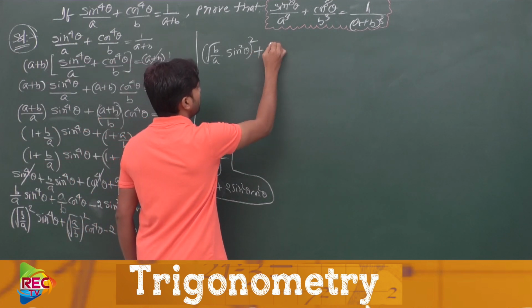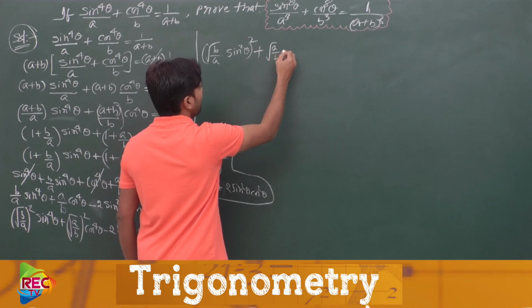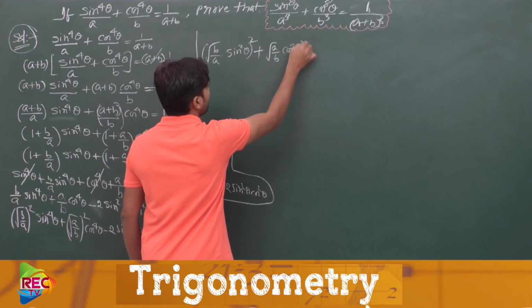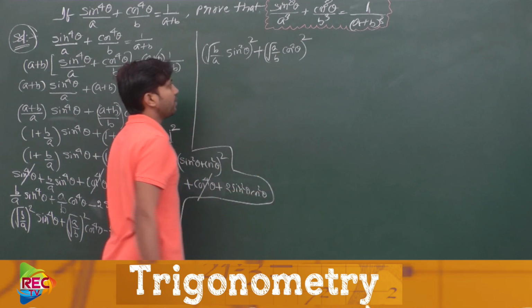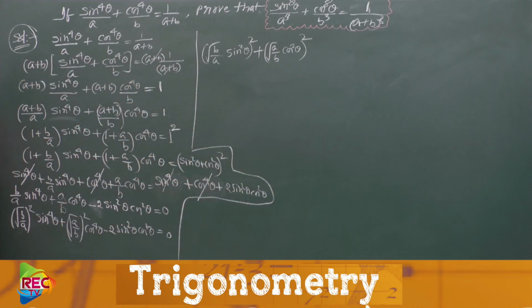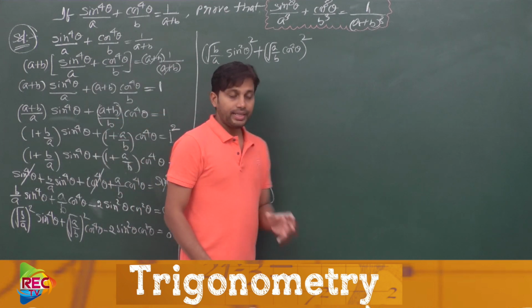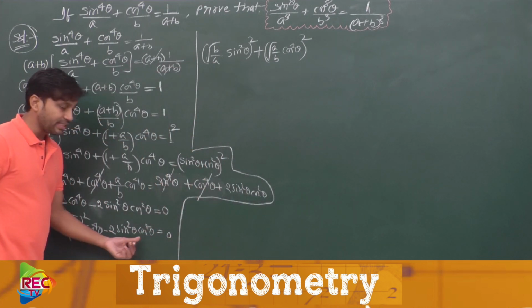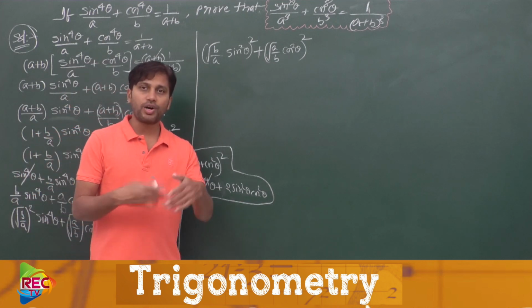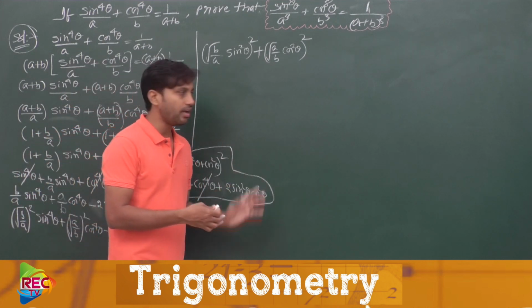Okay. Root a by b cos square theta. For this also we put whole square. The same term can be written like this. Now let me do one more adjustment. In this 2 sine square theta cos square theta also I want to modify as something. Just see how it is.